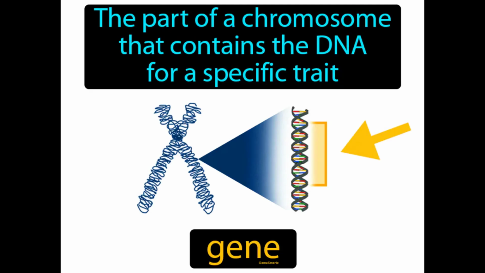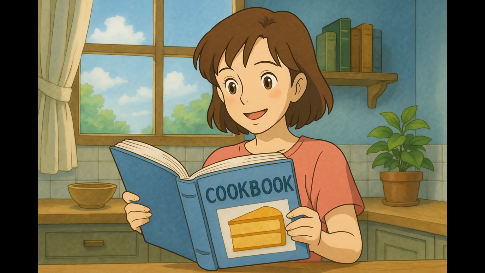The part of a chromosome that contains the DNA for a specific trait: gene. A gene is a section of DNA that determines a specific characteristic or trait in a living organism. Imagine trying to find a specific recipe in a huge cookbook to bake your favorite cake. Just like that recipe contains all the instructions needed to create that specific cake, a gene contains the DNA instructions